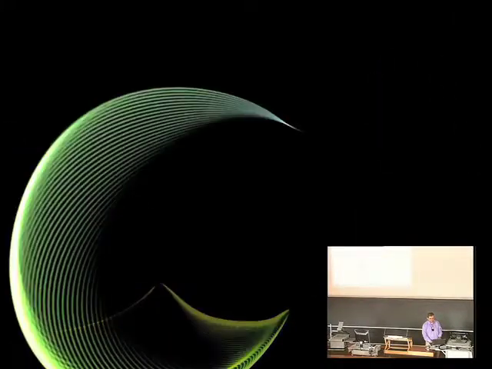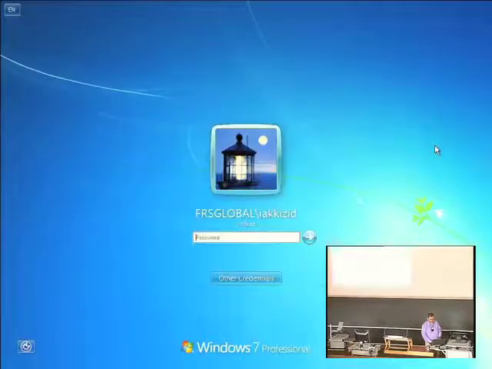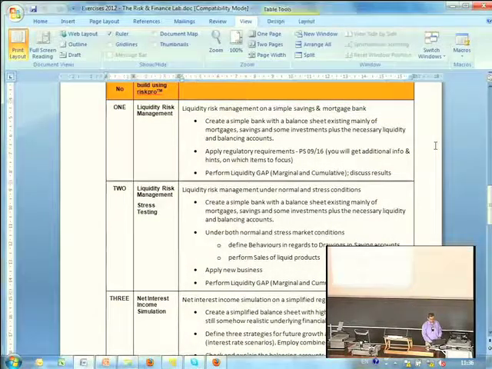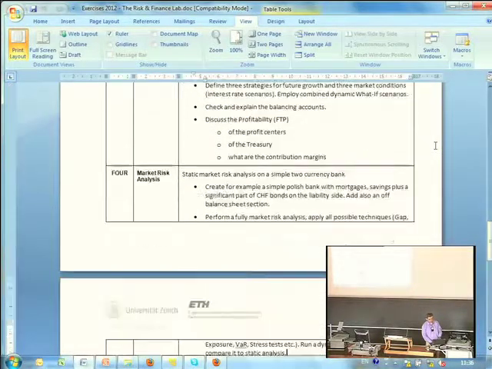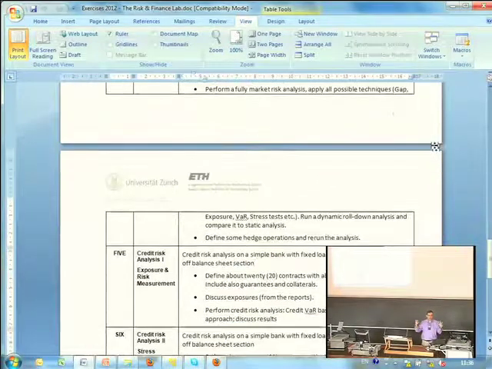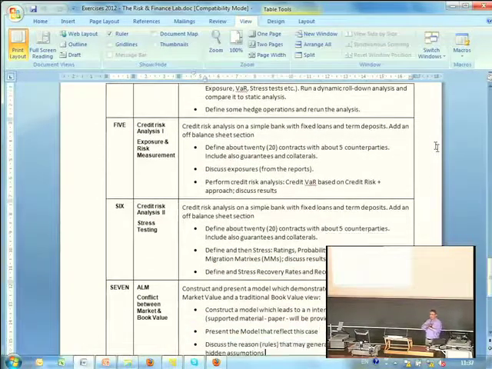Number 6 is also credit risk analysis. Now here the idea is stress testing. Probably you have heard about the critique on value at risk calculation, especially after the crisis. And actually what came more to the fore after the crisis was stress testing. And the stress test the Treasury, the US Treasury did, was actually a credit risk stress test. So number 6 is very much similar to this credit risk stress test.